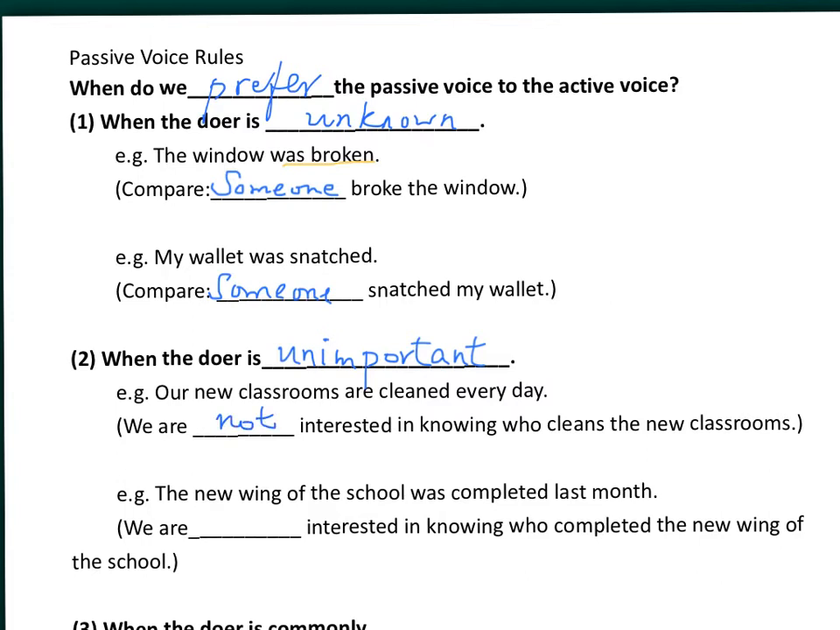knowing who cleans the new classrooms. The new wing of the school was completed last month。同樣原理，我哋都係唔會緊張邊個呢完成呢個建築工程㗎。We are not interested in knowing who completed the new wing of the school。